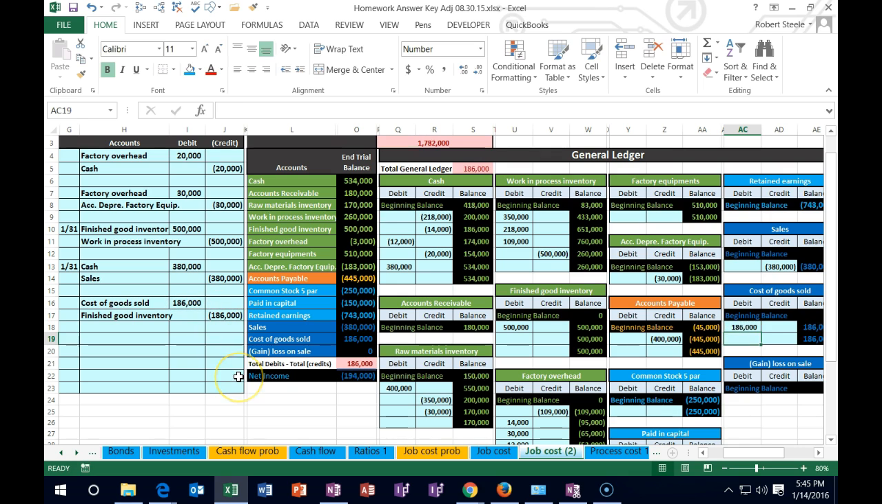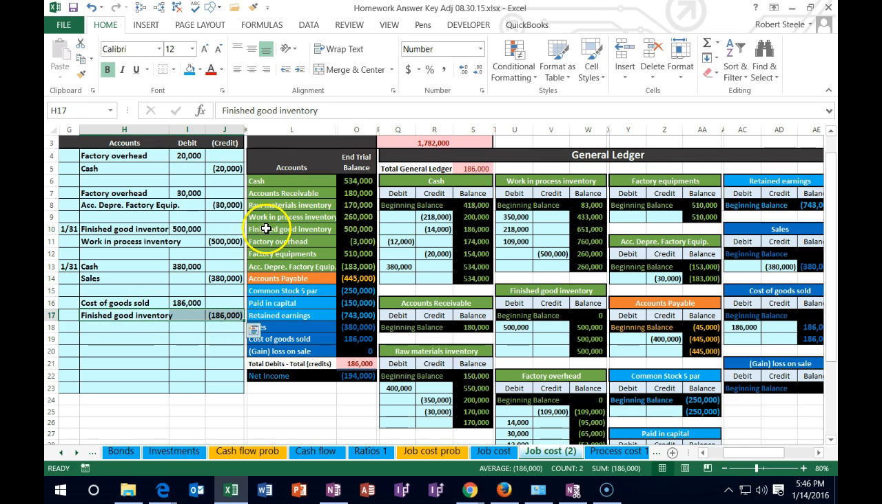So note that the net income on this transaction is the revenue we got as 380 minus the cost of goods sold, 186. We've got the 194,000. Again, that 186 includes so many things that we've been talking about, right? It's got the direct labor, it's got the direct materials, it's got the overhead. All right, so then we have the